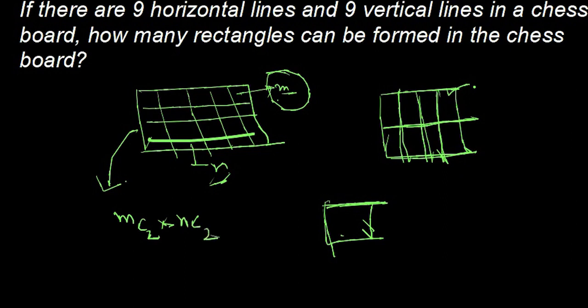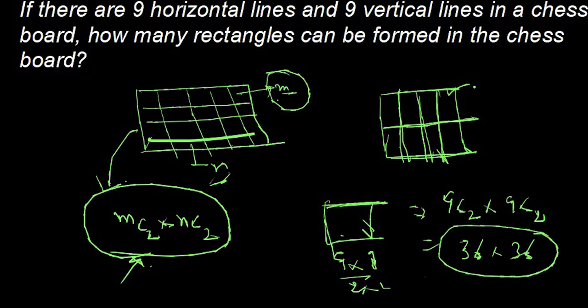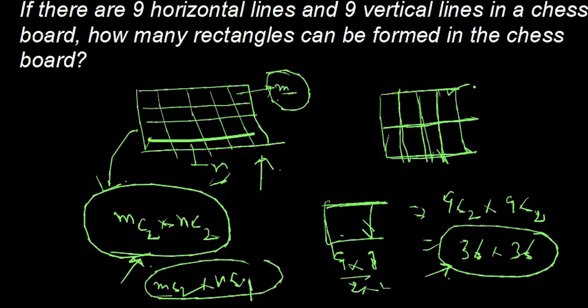So why I took this question, because it's a pattern problem। So this is going to be 9C2 multiplied by 9C2। What is 9C2? 9C2 is going to be 9 into 8 divided by 2 into 1, so it is 36 into 36, whatever the answer. So this is going to be the answer. So whenever rectangle is going to be there, you need to select like this. If there is a triangle, so it is given by mC2 into nC1। ठीक है, दो पॉइंट्स आप m में से सेलेक्ट कर लो, n में से 1 सेलेक्ट कर लोगे तो आपका एक ट्रायंगल बन जाएगा।